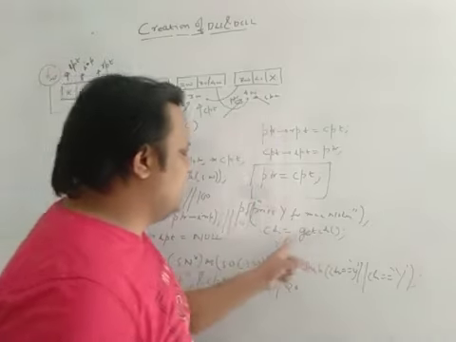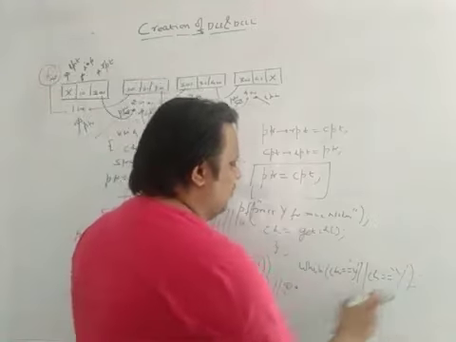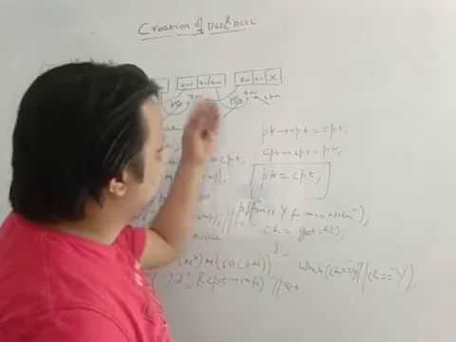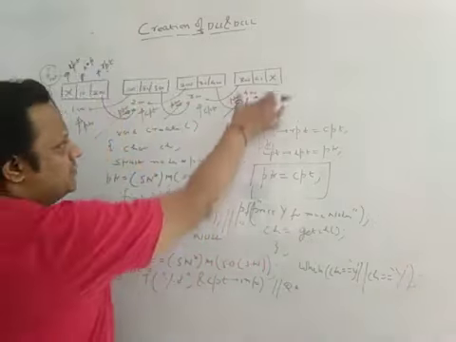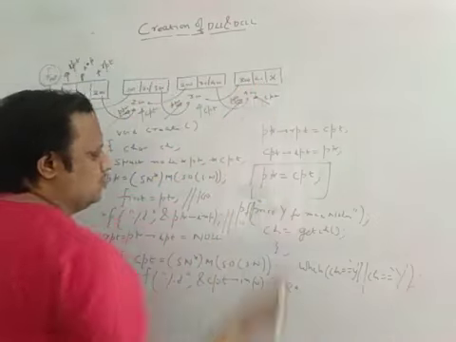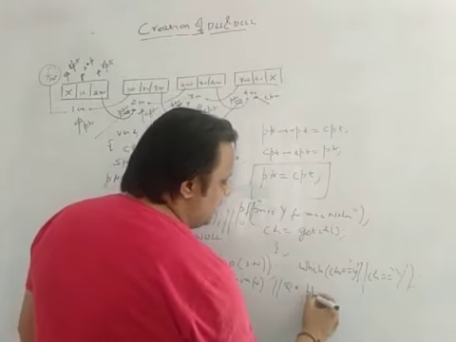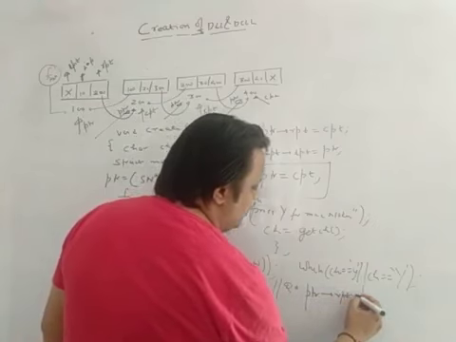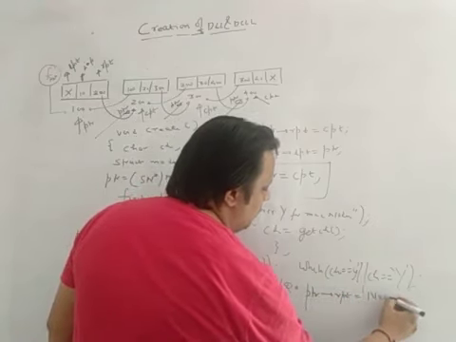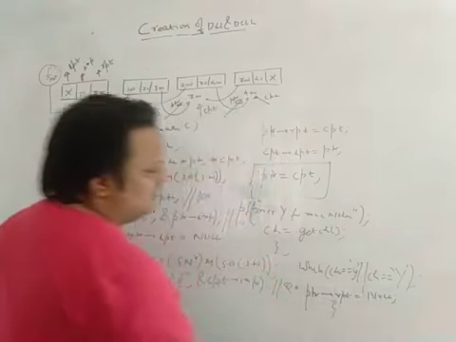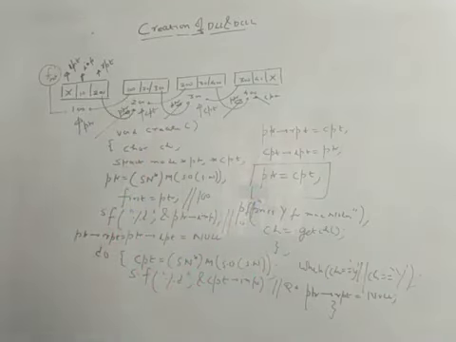Now if I press N, the value of ch is N, so this condition becomes false. If this condition becomes false, I will come out of the loop. So if I come out of the loop, this is my last node. If this is my last node, the RPT should be null. So I will write that PTR arrow RPT is equal to null. That's it, guys. I hope it is clear.